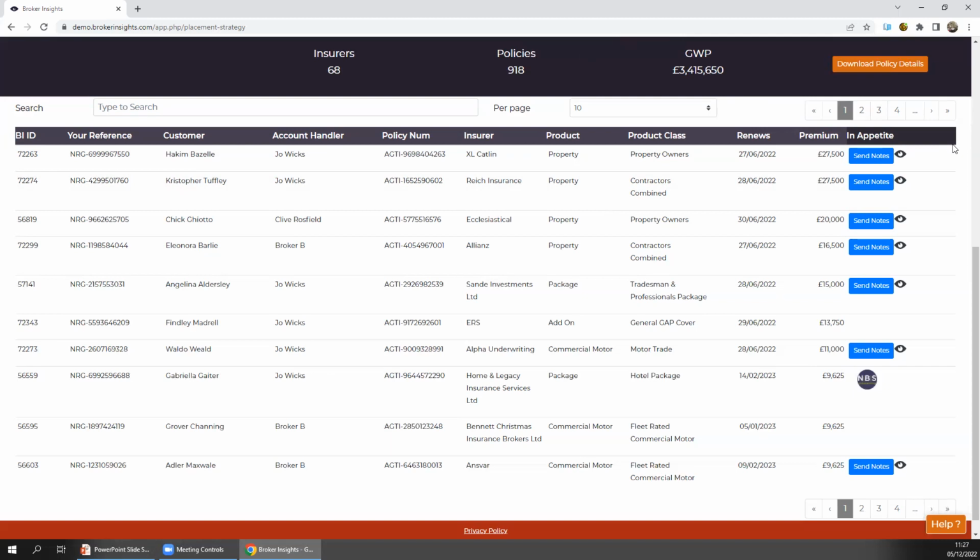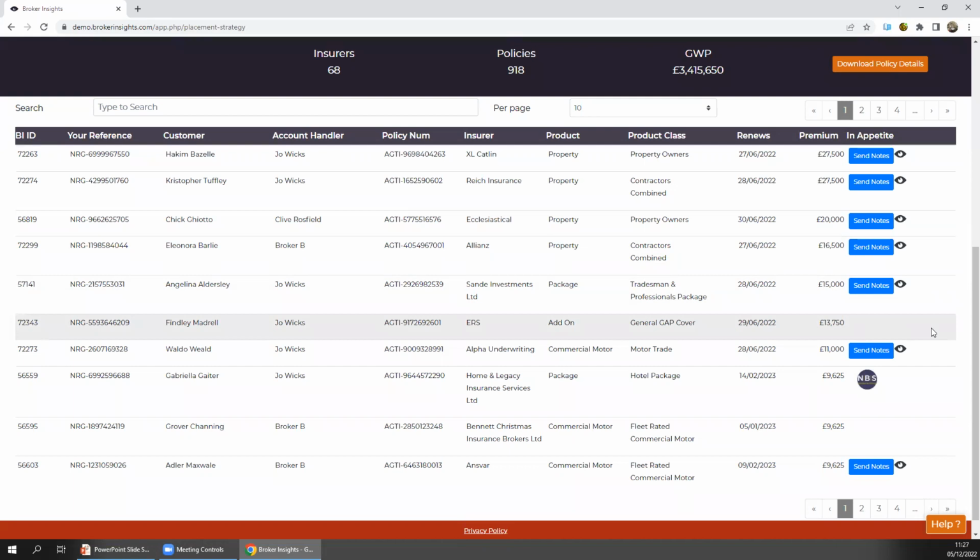So if there are any policies that do not sit, as far as we can see, in the insurer's trade appetite, you'll see there'll be an empty space there. So we haven't identified it as sitting in anyone's appetite. It's there, but it doesn't link to anybody, in which case, if you are looking to remarket any of those policies, do what you would normally do, send out your presentations or log onto e-trade websites, etc., via the normal process.